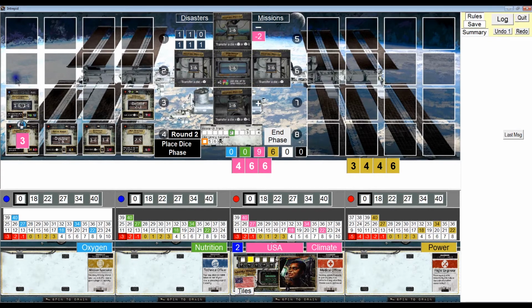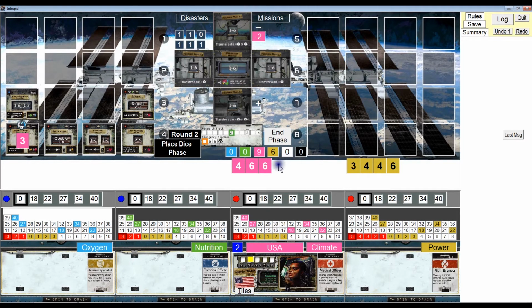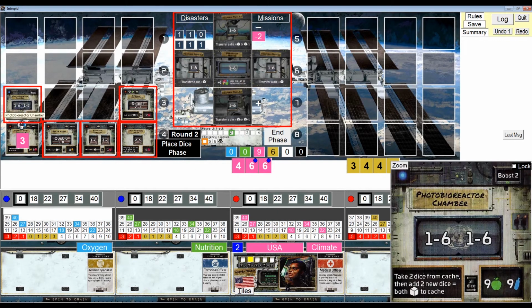So next we'll go to the other boost tile, the photobioreactor chamber. And that does not need doubles, but it does let me take 2 dice from the cache, and then the 2 6s will take their place in the cache. So that's going to keep at least a pair of dice there, and that I think could be very useful. So I'm going to highlight the 2 6s, put them in the photobioreactor chamber,